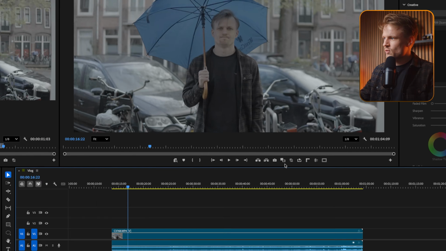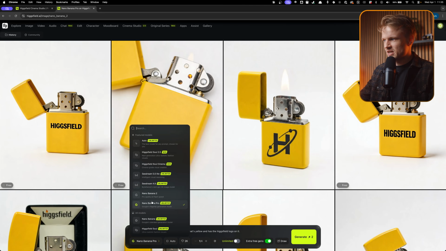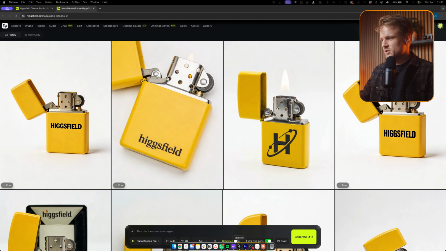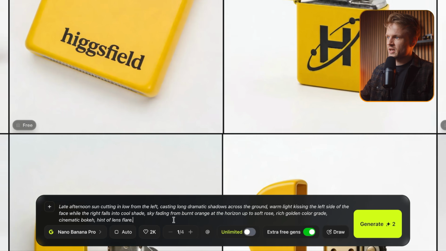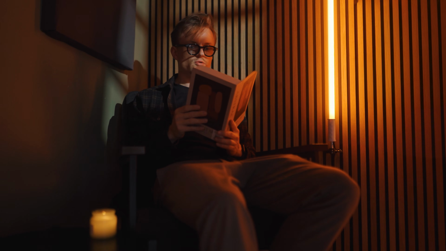So same as before, grab a screenshot, but this time before we bring it to life, we're going to change the image itself first. So let's go to image. I'm going to use Nano Banana Pro and drop this prompt. Late afternoon sun, cutting in low from the left, casting long dramatic shadows across the ground. Warm light kissing the left side of the face, while the right falls into a cool shade. Sky fading from burnt orange at the horizon up to the soft rose, rich golden color grade, cinematic bokeh, hint